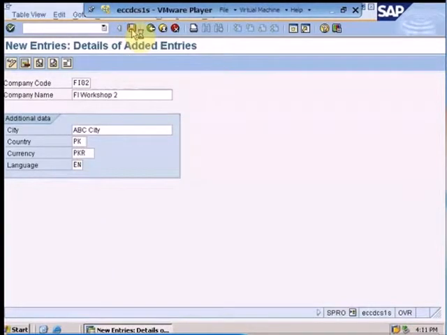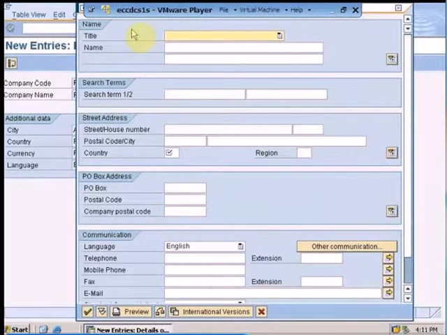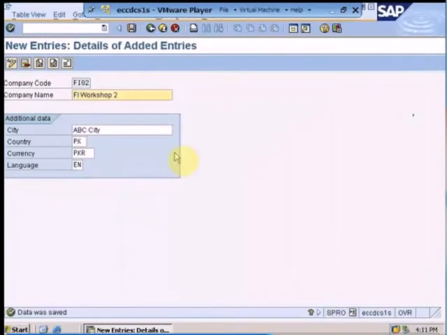new company code. What SAP recommends is that we always need to create a company code by copying a standard company code which is delivered in SAP, that is 0001. But we can also create a new company code from scratch. If we are using similar properties as company code 0001 with the same chart of accounts and account assignment properties, then we can always copy the company code from 0001.